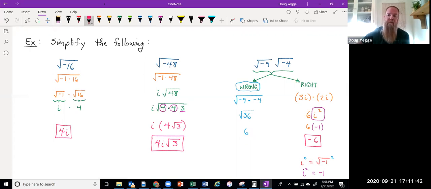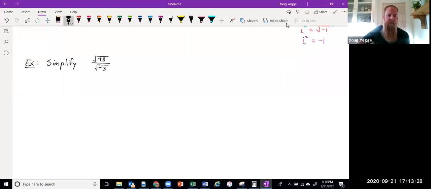So when we deal with powers of numbers, we should realize that this pattern continues to emerge. We see that i is the square root of negative 1, but if I square i, it becomes negative 1. By looking at a division problem now, typically whenever we want to simplify a radical over a radical, we need to rationalize the denominator, which means get rid of the radical in the denominator. So the first thing I might recognize is that the denominator is an imaginary number, so I can start by pulling out an i.